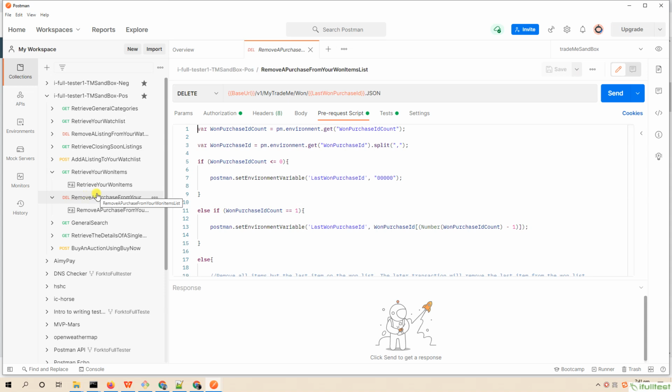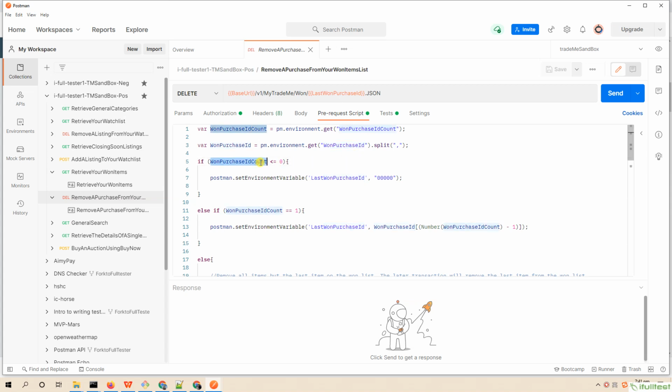Now is the time we use this dynamic data. See here, we first get these variables and split the transaction into three situations.